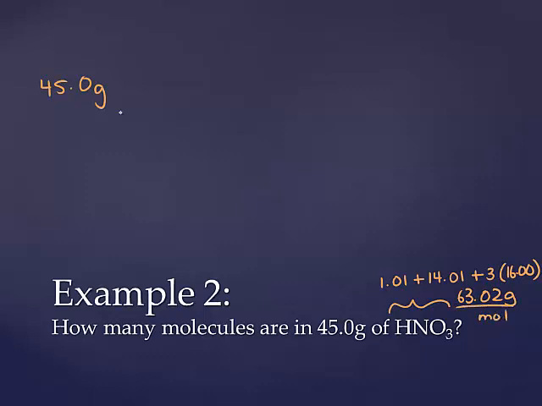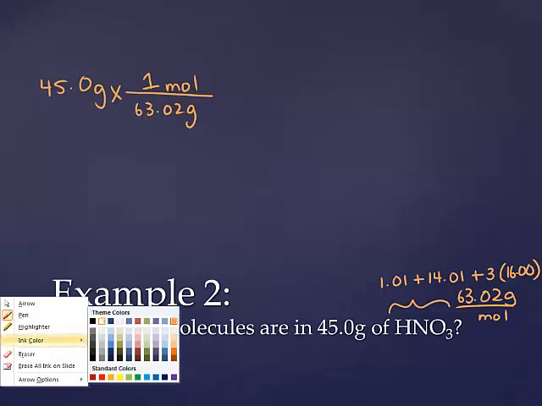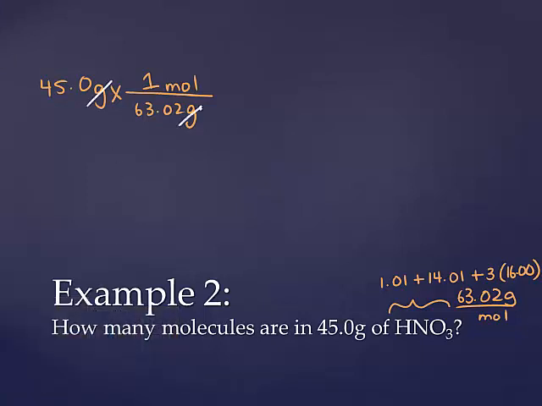I've got 45 grams. I need to do an X and a line. Grams goes on the bottom to get rid of it. And I'm going to the mole because that's the unit that I know everything else can relate to. So the mole is going to go on the top. Always for now, you throw a 1 in front of the mole. And 63.02 is what we just calculated as being the molar mass, the connection between the grams and the moles from our periodic table. Looking at my units at this point, notice the grams will cancel off